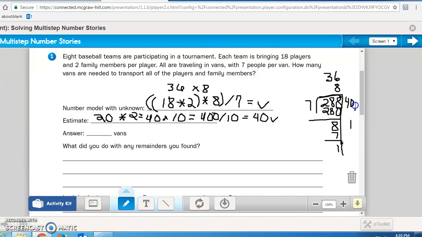It will take more than 40, 1, because I cannot leave 1 person behind. So it's going to take 42 vans. What did you do with any remainders you found? Well, with the one